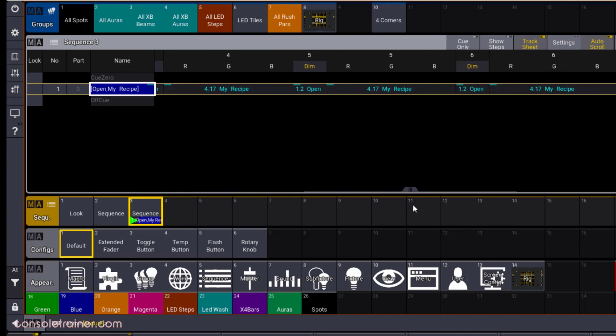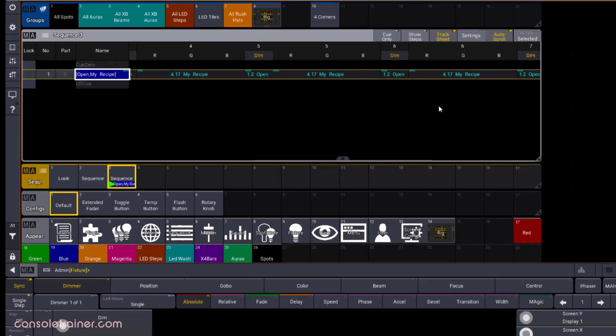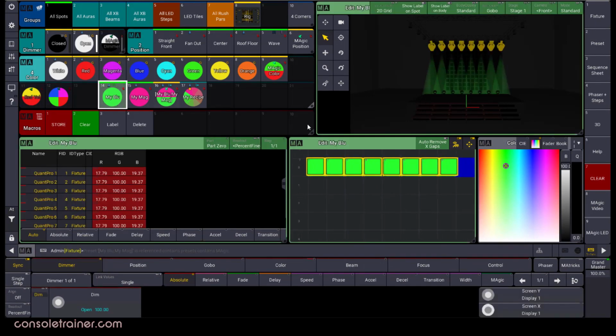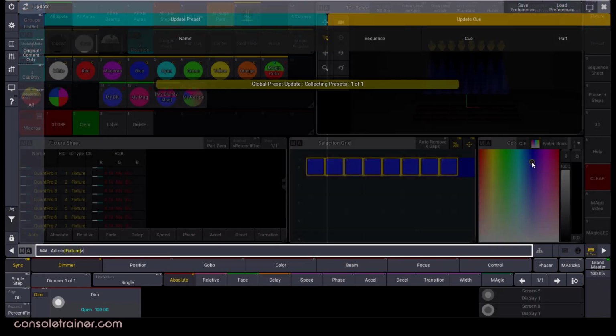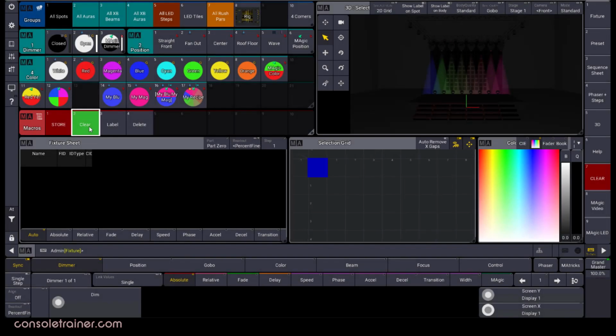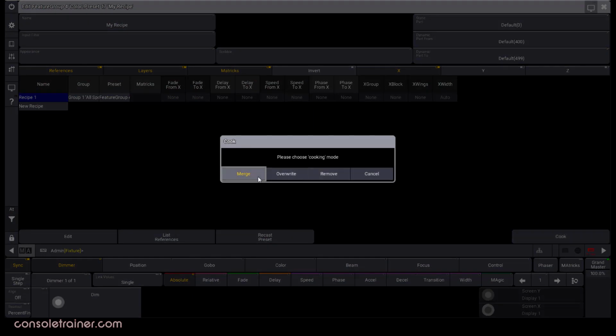If you update the magic preset or any preset that the magic preset references, this recipe will allow you to have an updatable reference in your queue. I know that our original magic preset referenced these other 2 color presets, so let's change this one back to being blue. And I can already see by the colors of my magic preset that it's updated, but when I clear out, look at my queue. Definitely not right, but easily fixed. If I go into the edit options of the recipe preset and click Cook, we're all good again.